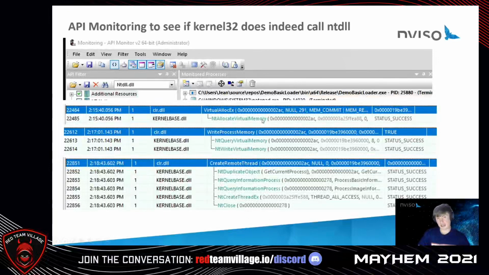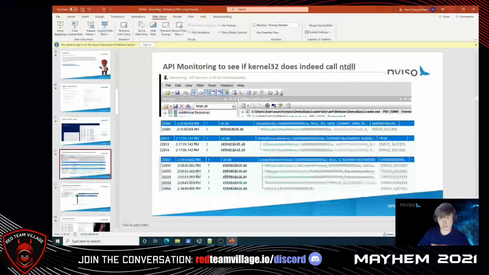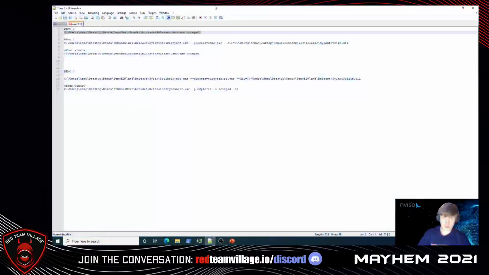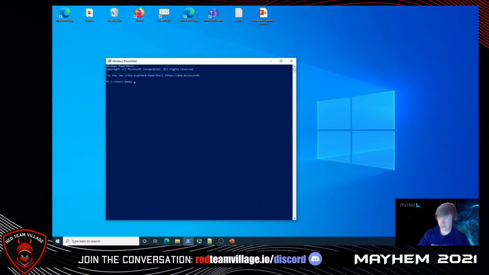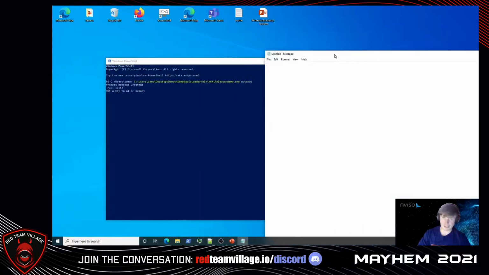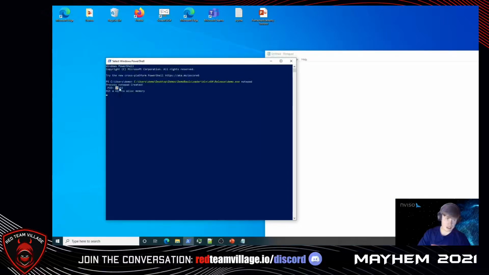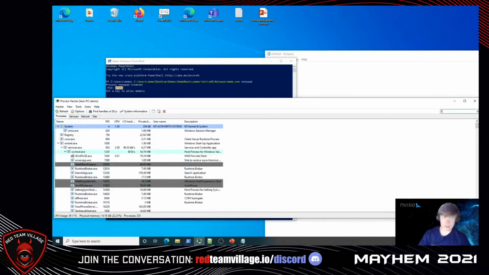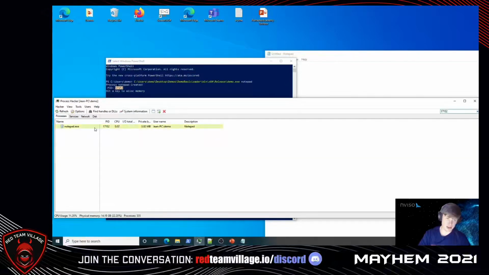So let's take a look at what the basic loader does. You already saw it in the slide, but I'm going to give a small demo anyway, just so you can see how it works in real life. This is just my basic box. I'm going to launch PowerShell real quick and spawn that basic loader. As you can see, a Notepad actually popped up on my screen. The process ID is 17152. If I check that in Process Hacker,